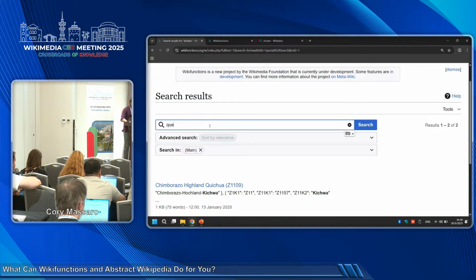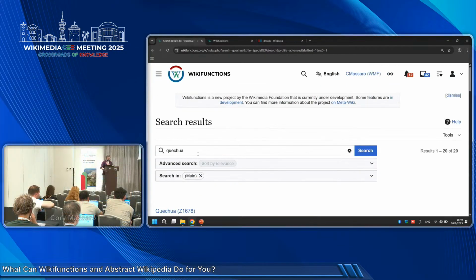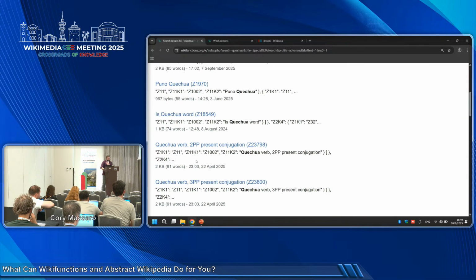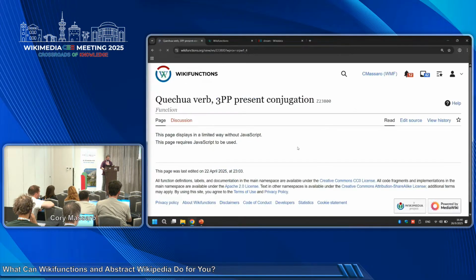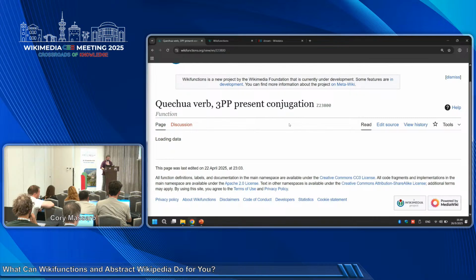So this will create a disbalance between languages. More grammatically complicated languages will be harder to advance than simpler languages.